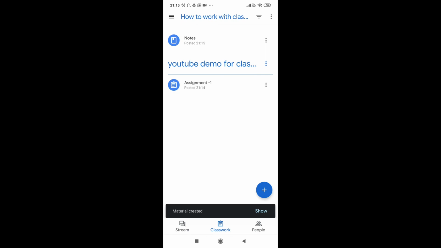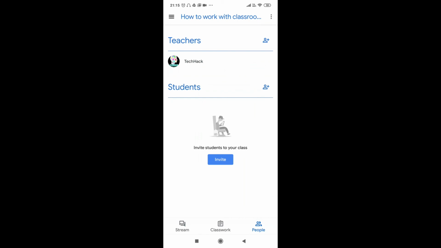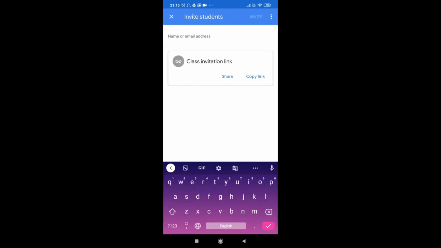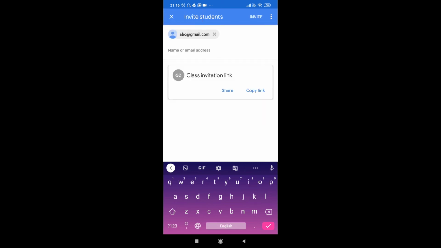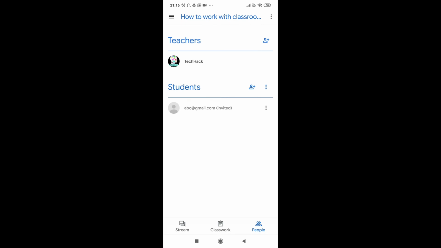So guys, in this way we can work with our Google Classroom app. And in People you will be adding the students and teachers. Like if you want to add someone, you will touch this button, and then you will put in a name. For example, the student's name is ABC, so you can enter the name ABC right over there, abc@gmail.com. It can be any name like Harish, Kundu, any name can be there. So I'm adding the ABC address, and as I send this invite, that person will be invited to the class. So guys, in this way we can use the Google Classroom app, and I have discussed almost all the aspects.